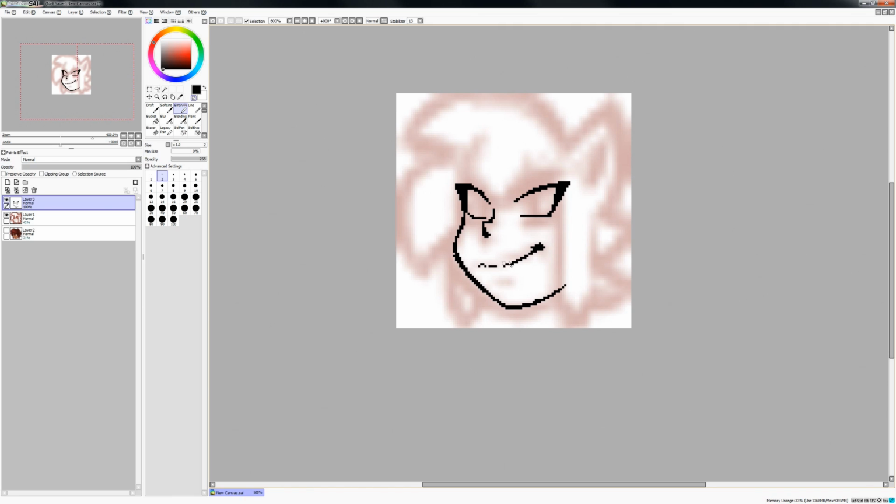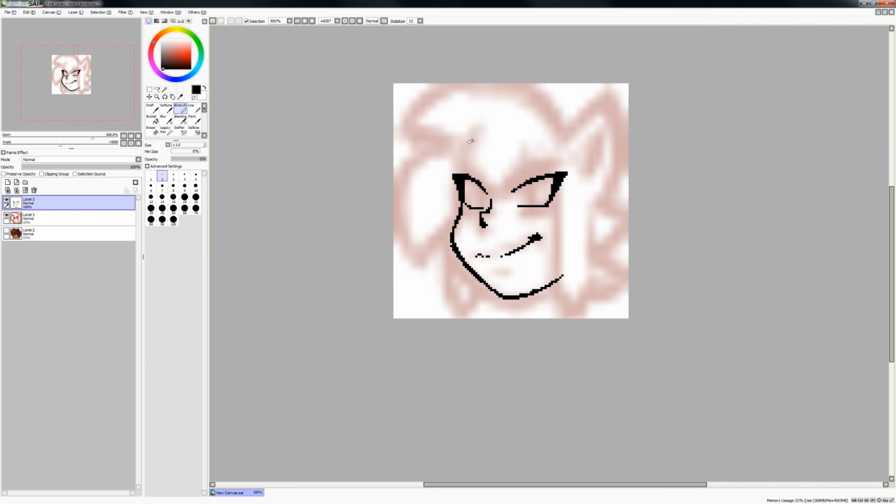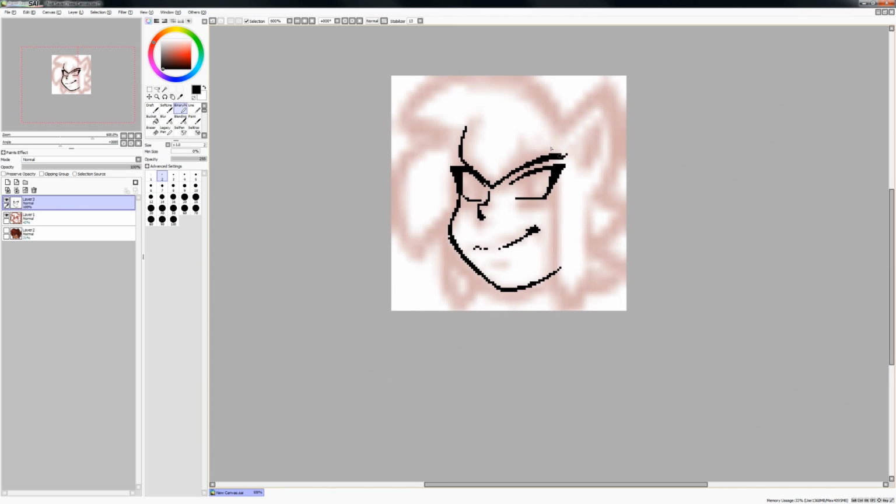So this I actually probably need to get rid of a little bit. So have it be sort of like that. And again, this is all to try to create a cohesive image in terms of contrast.